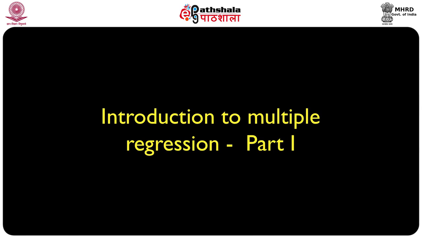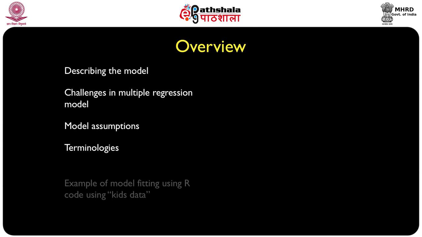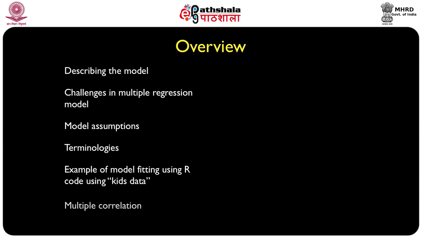This module is dedicated to Introduction to Multiple Regression, Part 1. Here is a brief overview of this entire lecture. I will begin with a description of the multiple linear regression model as compared to the simple linear regression. I will discuss the challenges that we encounter in multiple regression model. Then I'll discuss the model assumptions and a few terminologies that we come across while fitting multiple linear regression model to a dataset. I will discuss an example of fitting a multiple regression model using R code with the help of a dataset called kids data. And before rounding up this lecture, I will discuss the multiple correlation and partial correlation in the context of multiple